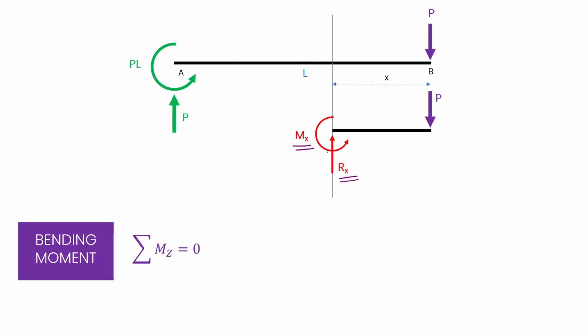Again, we'll be using the same concept, that is, the entire free body is not moving up and down and it's not rotating. Similarly, if the body is stable, a part of the body is also not rotating and moving up and down. So again, we'll be using the equation of static equilibrium.